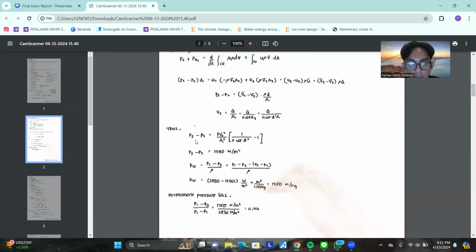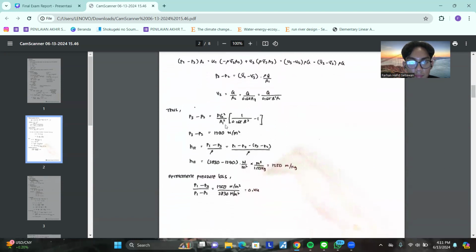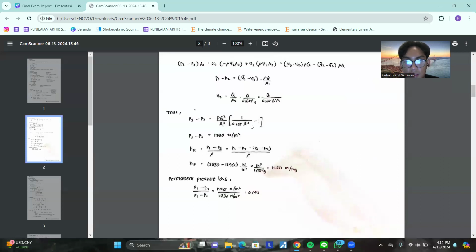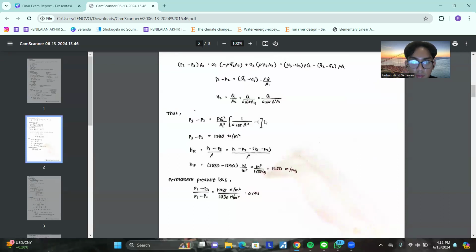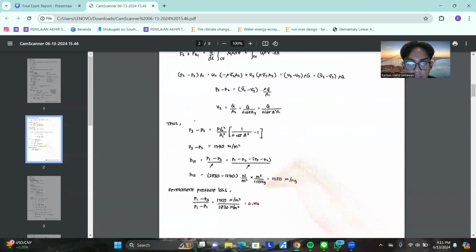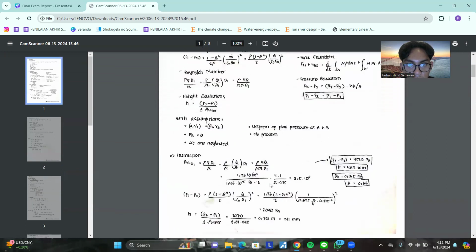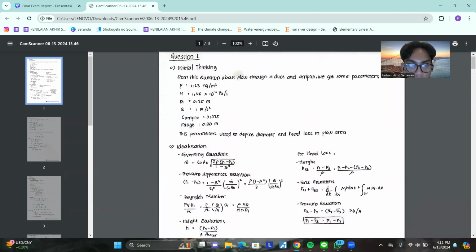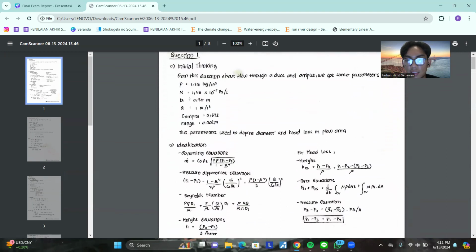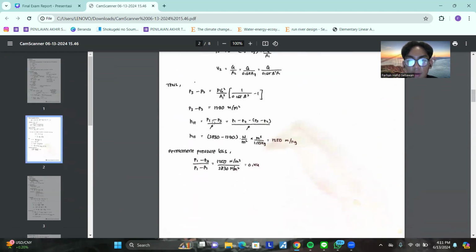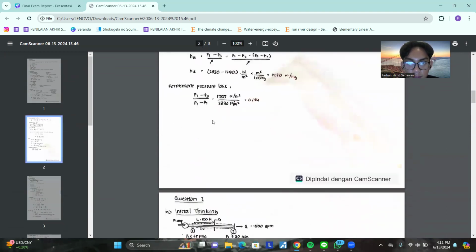Thus, we can substitute, P3 minus P2 equals rho Q quadrat over A1 quadrat times 1 per 0.65 beta quadrat minus 1. This is the A1 we got from this equation, which we define